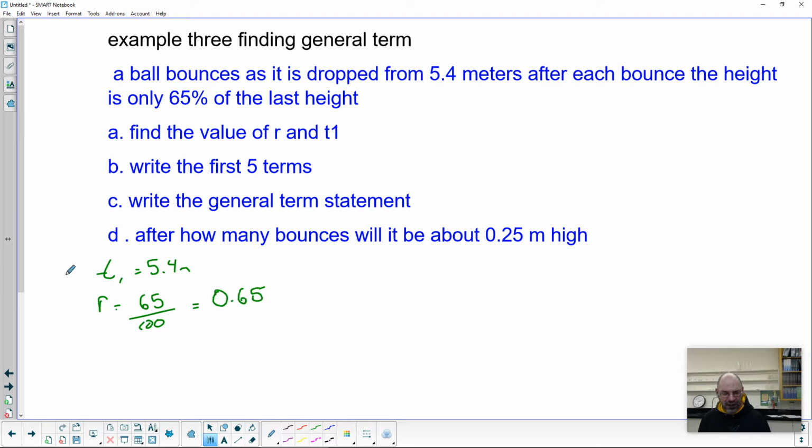Okay, so that's our A value right there. Our B value is the first 5 terms. So we need our calculator. We start out with 5.4, then we multiply by 0.65 each time. So 5.4 times 0.65 gives us 3.25